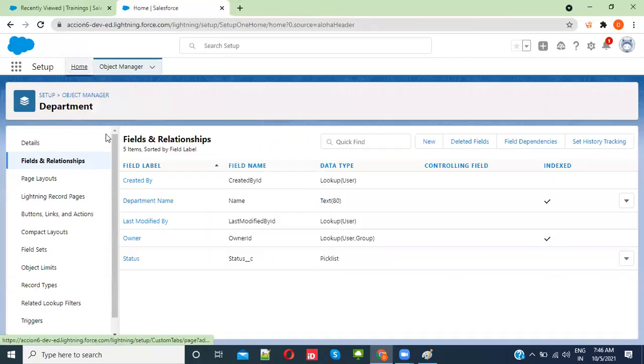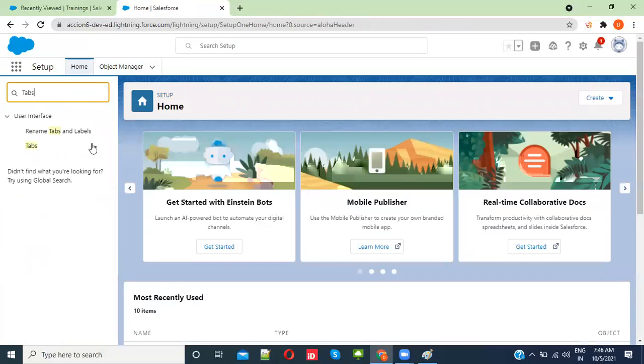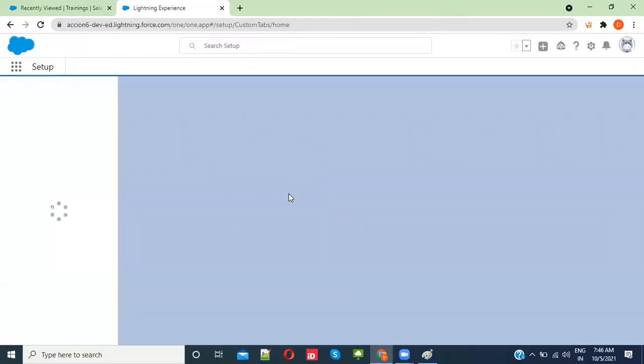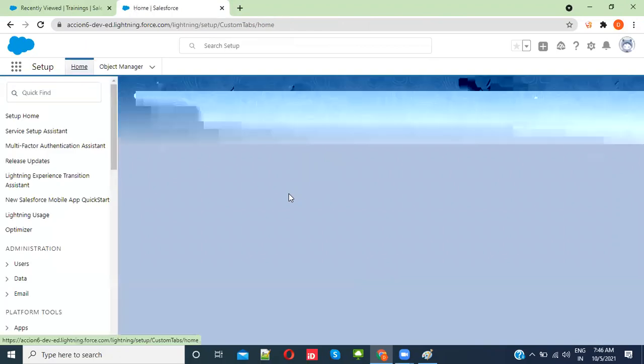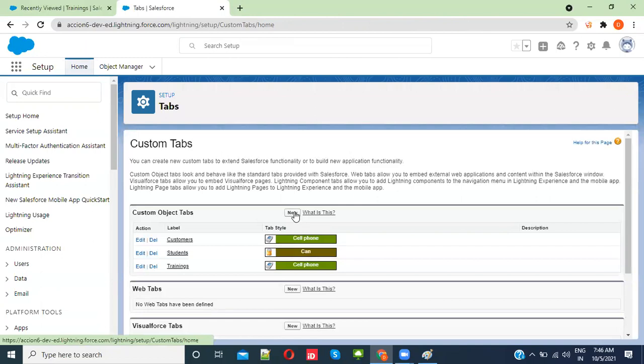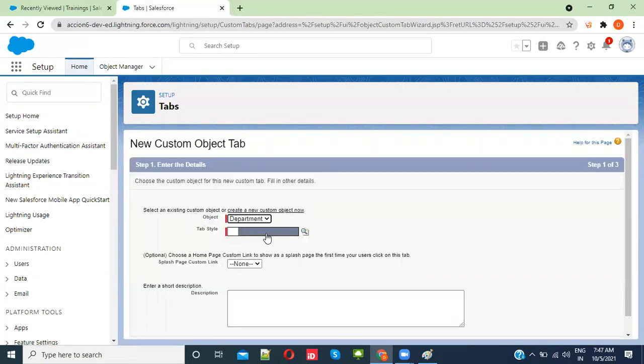Now let's create tab for department. We have not created that, right? Let's create tabs for department object. Department.